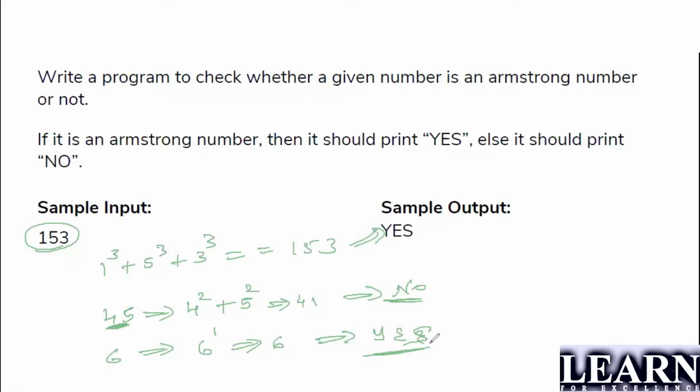And if you observe, we don't have any 2-digit Armstrong number. Please look into this. If you have a 4-digit number, like 1624, I'm just taking it at random here, then you have to take out 1 to the power 4 plus 6 to the power 4 plus 2 to the power 4 plus 4 to the power 4. You have to check the value and compare it with this number. If it is equal, then that's the answer.